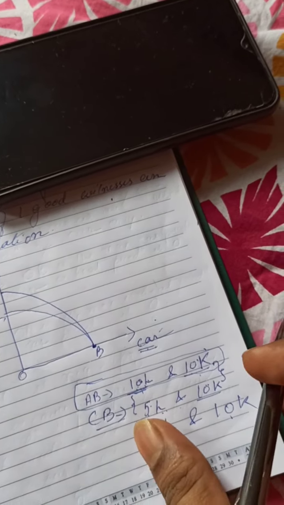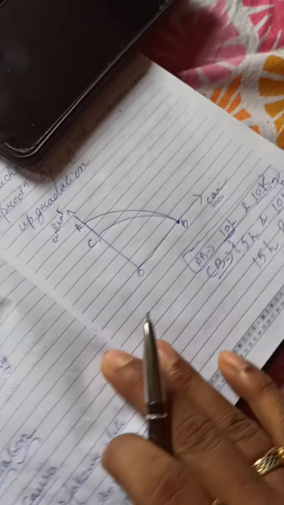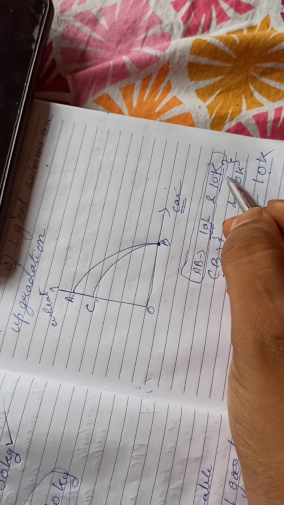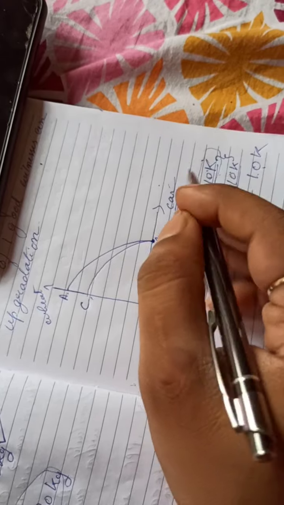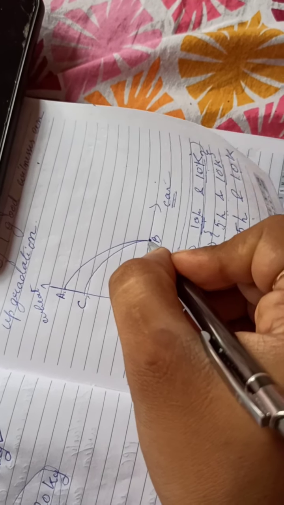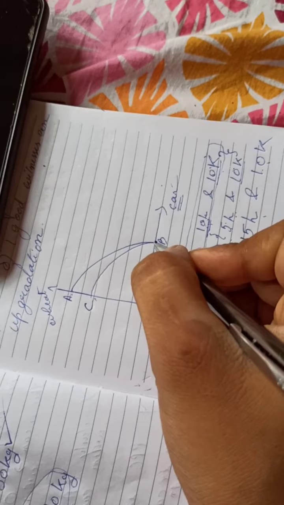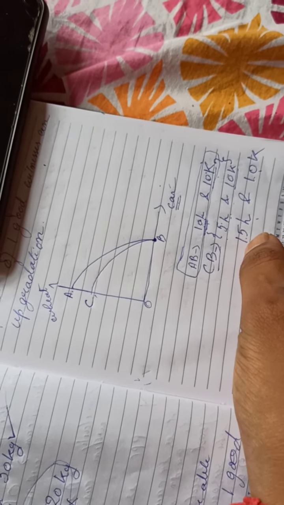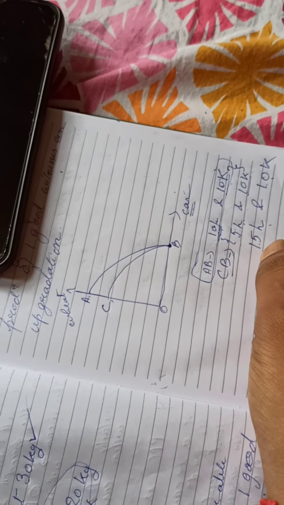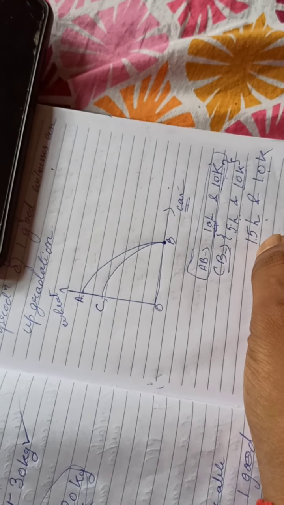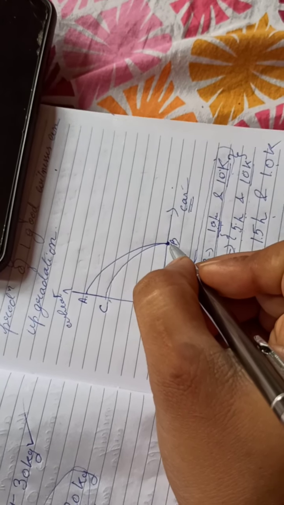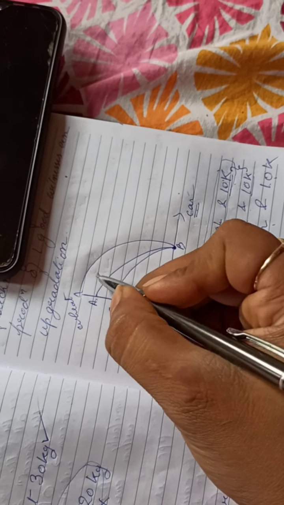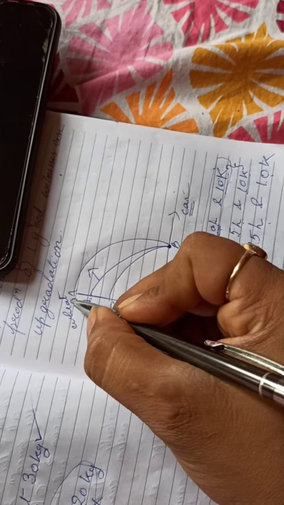Now if the labor force has increased while keeping the capital stock constant, the car production still won't get affected because the capital stock has remained constant. So the resources favorable for car production are still the same, and therefore there won't be any change in the car production. However, the labor force has increased, which is a favorable resource for the wheat production, and therefore the PPC will now move outwards. Let us name it.